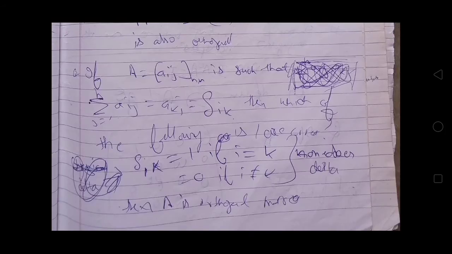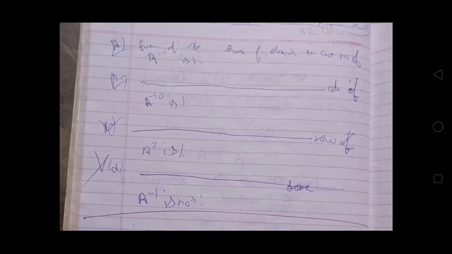Okay. If A is a matrix of order n cross n in which the entry has been denoted by Aij, such that summation over j from 1 to n of Aij Akj is equal to delta ik, then which of the following is or are correct, where delta ik is equal to 1 if i is equal to k and 0 if i is not equal to k. Canonical delta. Okay, this is canonical delta. Then A is an orthogonal matrix. Okay, you can see this is the definition of orthogonal matrix which has been written in canonical delta form. Okay, now see all of these options.